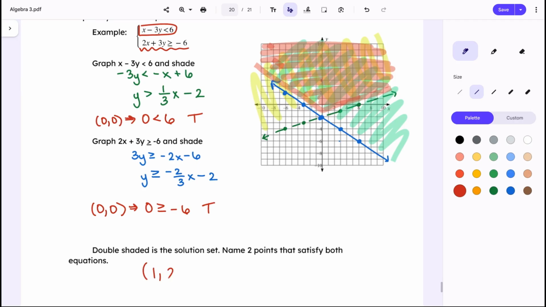1, 2. 2, 1. There's a lot of possibilities. Okay, could be anything in that area up there. All right, we will stop here. We are going to finish